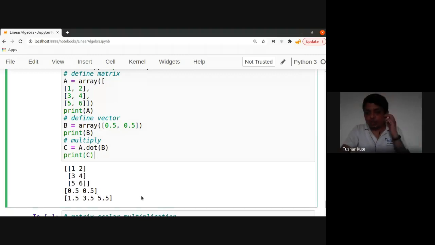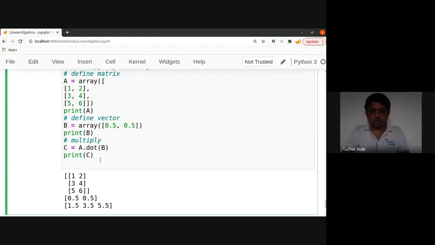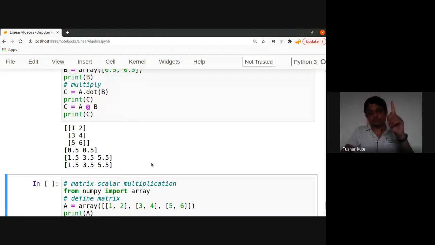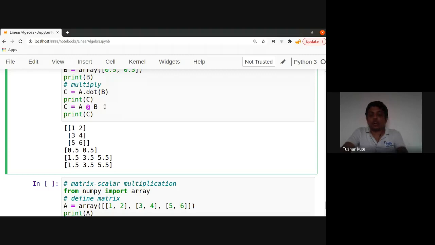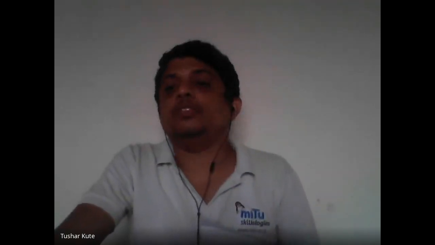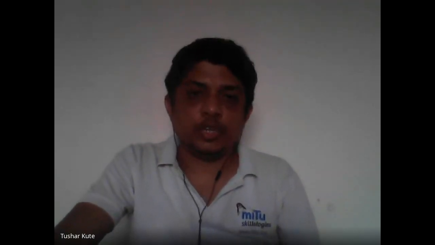And if I do this operation by another method, if you prefer it, I'll just copy it and let's see, A@B. Sorry, you can see this, what happened: same operations. We got similar results over here. So this @ operator is used to do the dot multiplication of the matrix and vector. That's how it is actually done. This method is also very regularly used in some of the machine learning algorithms.